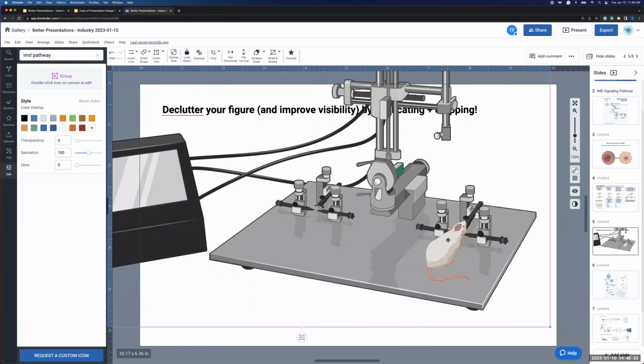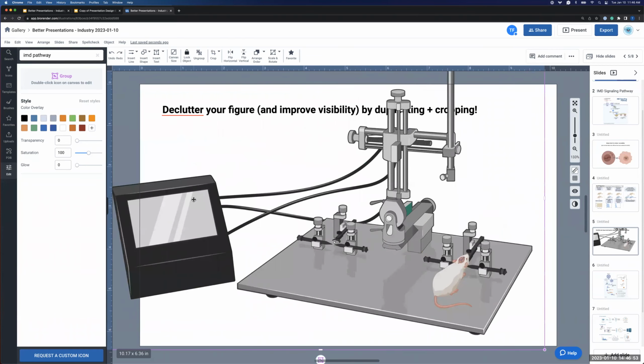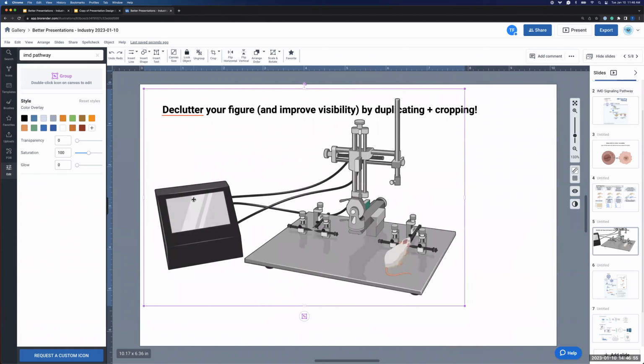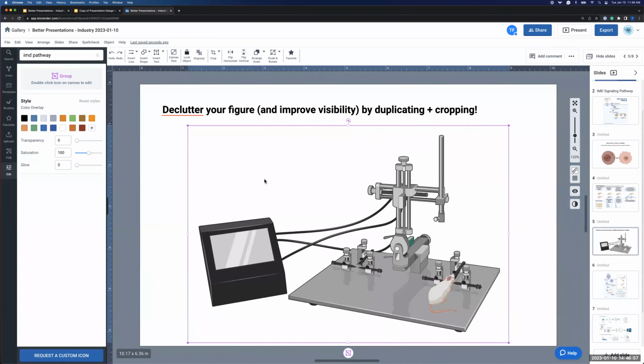But it's not really practical, right? If I make this bigger just so that I can see the mouse, the rest of my stereotactic device gets enormous. And now you can see that it's falling out of my slide. It doesn't sit in my slide deck very well. Simply making the figure bigger is not going to be a viable option. So instead, what I'm going to do here is actually use the crop tool to help us create this step-by-step zoom in